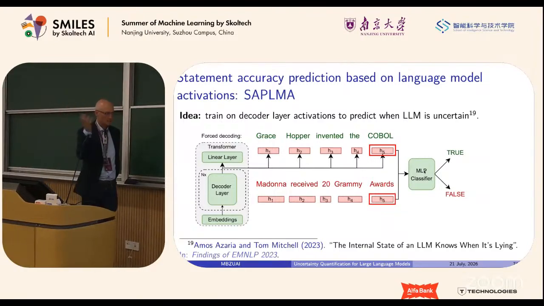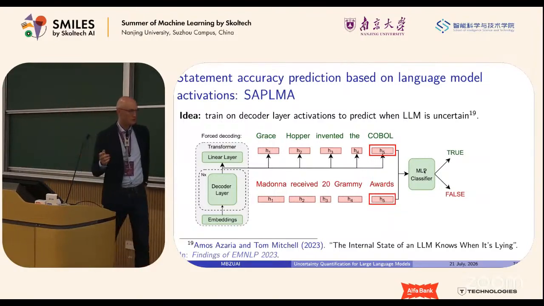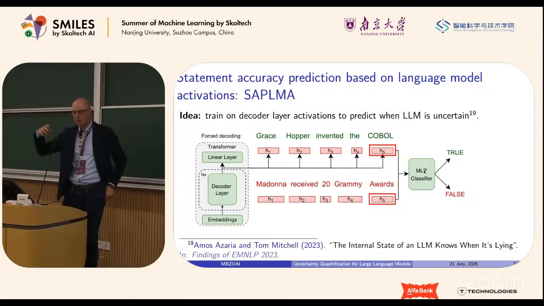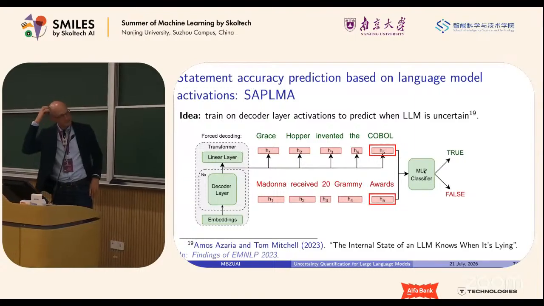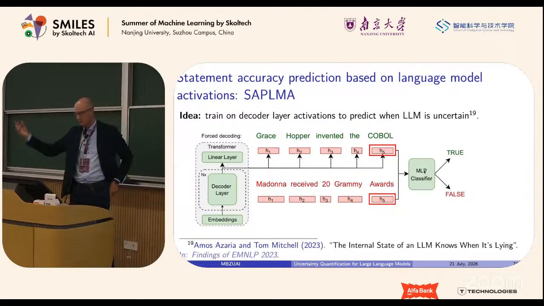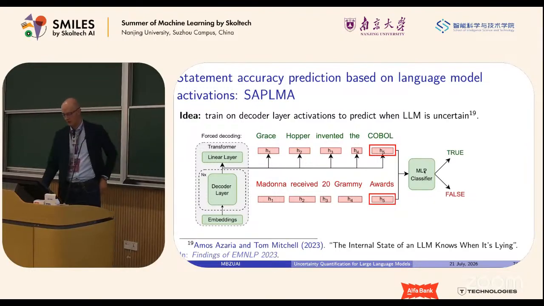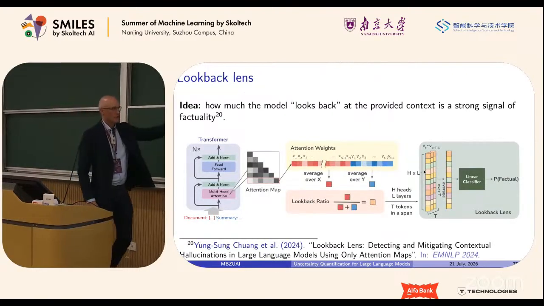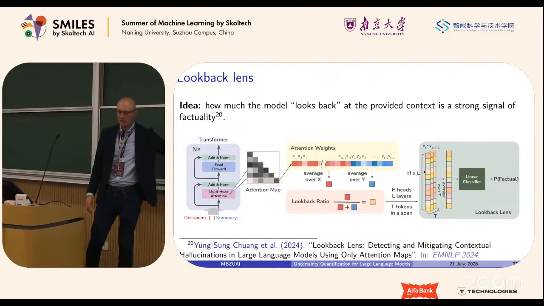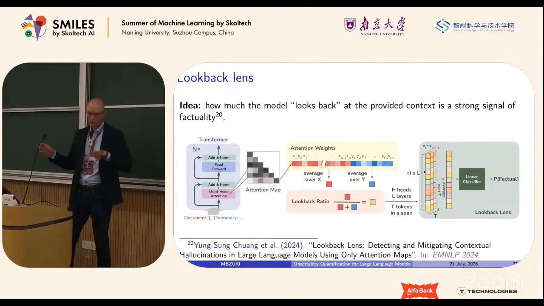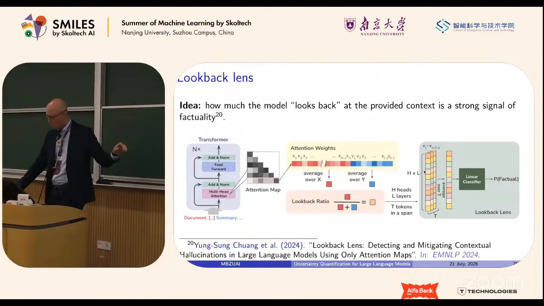Simple techniques that appeared in 2023 just used some hidden states from the last token of the prompt, or the first token of the generation, and built a very simple MLP classifier on that, and surprisingly, that worked pretty well. The follow-up works use some engineering on top of the attention maps. They look, let's say, at how attention is spread between the tokens of the generation and the tokens of the prompt.